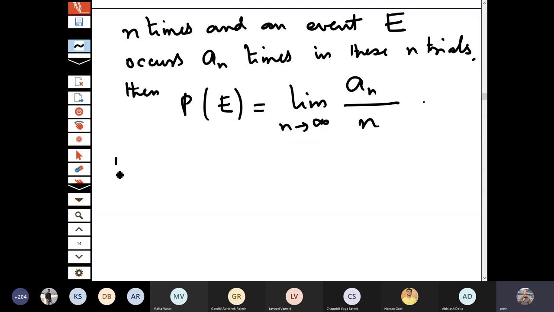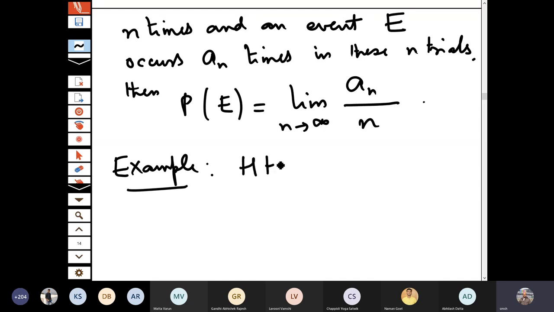Okay, so let me just give a practical example. Suppose I consider a tossing of a coin, and as I said, it need not be a fair coin, and we look at the coin which may be say 3 times more loaded in favor of head compared to tail. So you will say that the probability is 3/4. Okay, let us look at a hypothetical experimental outcome here.